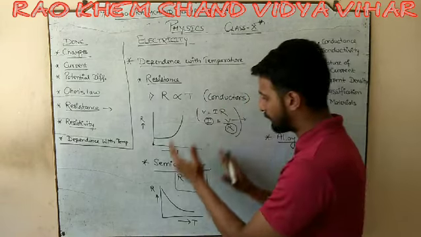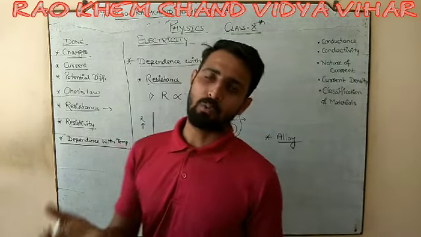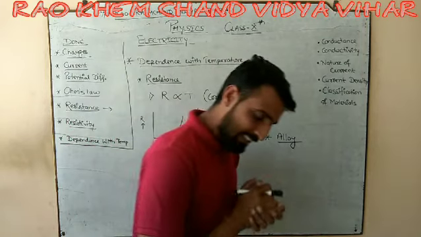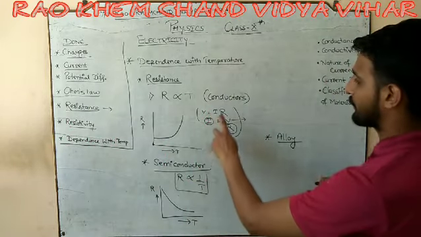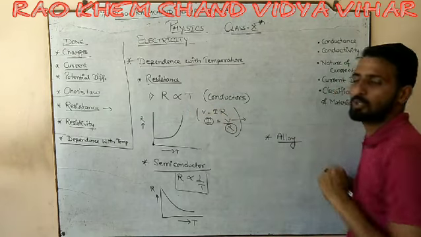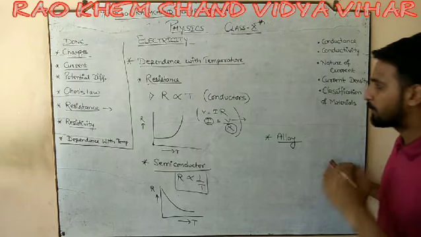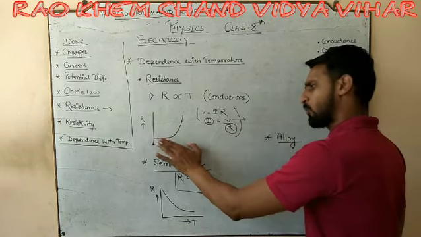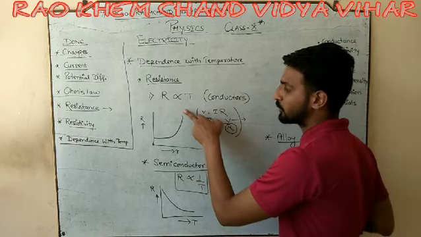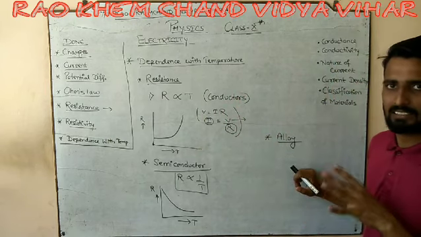So conductors are very available, semiconductors are much less available. So we can't use the semiconductor at all points, we can't use it everywhere, so we have to use conductors. But conductors have one disadvantage: when you increase the temperature, the resistance will increase, and that will decrease the amount of current through that circuit. Definitely it will increase, but that increase is uneven. So that is the most important disadvantage of conductors.